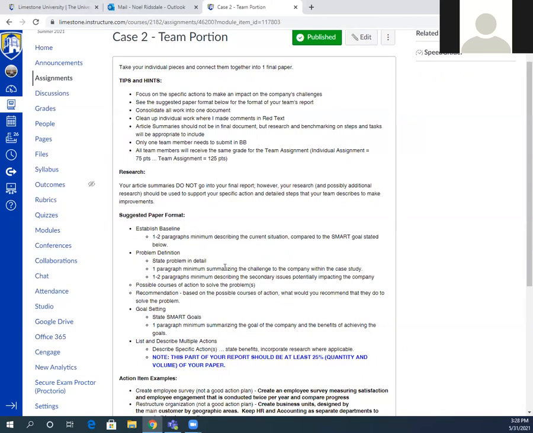You're going to take each individual problem statement and identify which one you are going to tackle, the biggie, and what the root cause is. Then you're going to describe a couple of things that might be secondary issues. Maybe person A came up with the primary, and that's what you decide to go with, and persons B and C's issues become secondary that you're going to tackle.